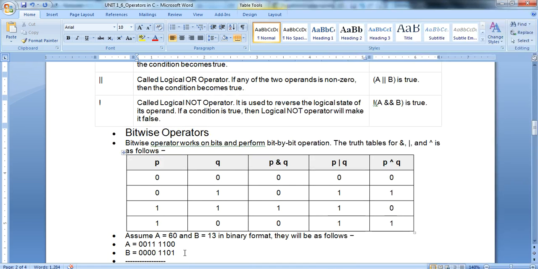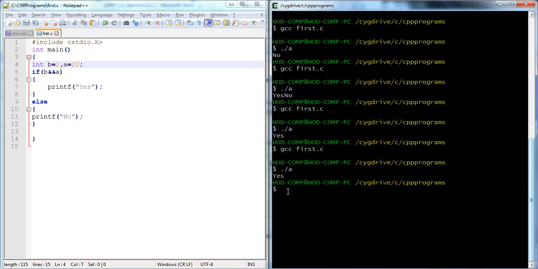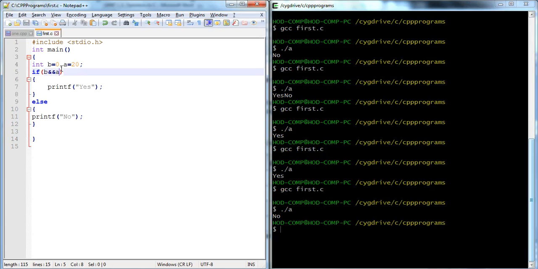If we change the value from 1 to 0, it prints no. Why? Because it's false. It prints no, because 0 and 1 is 0, that's why the if condition is false, so it goes to the else and prints no, right? This is simply the example.